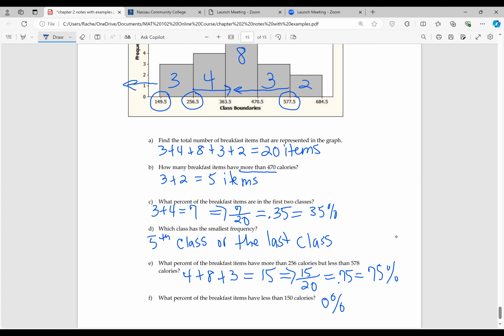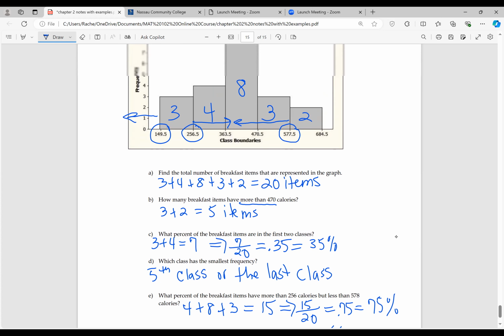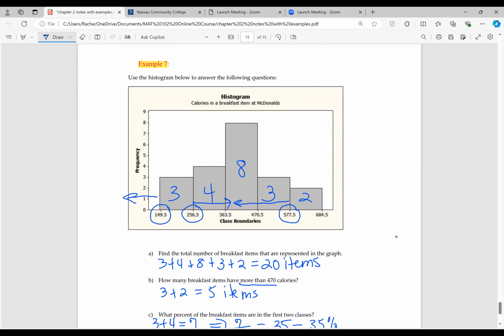So this is a nice example where you have to read and interpret a histogram. This is as crazy as the homework questions would get, or a quiz question or a test question. I just think it's really important that you're able to look at a histogram and be able to read it, answer questions, and interpret it. Before we end this lesson, the only other thing that I want to point out, because